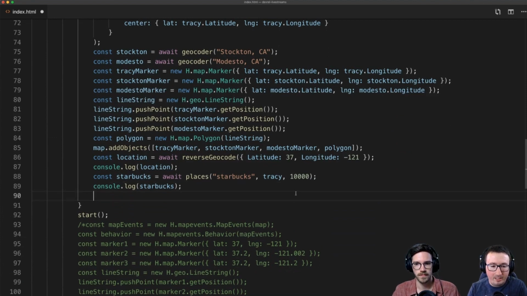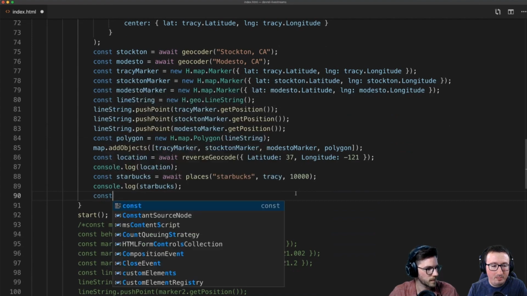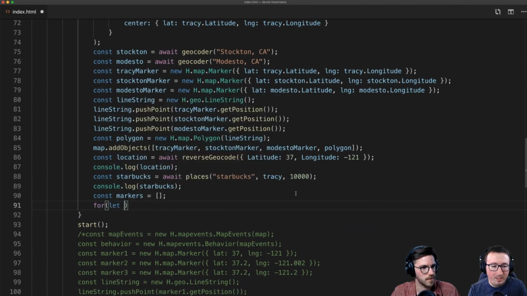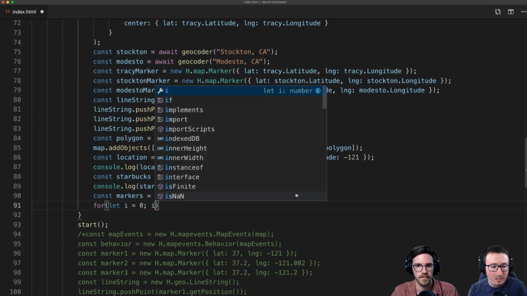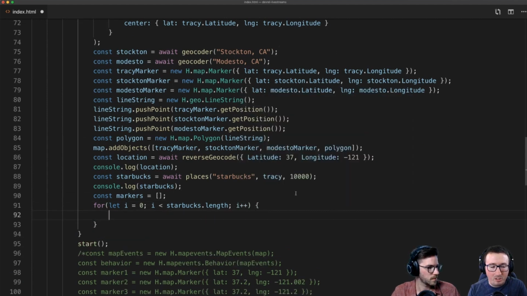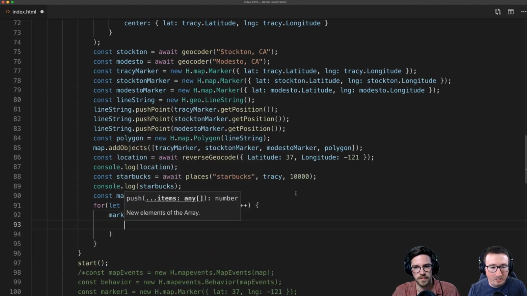So first we can define our markers. Constant markers equals an array. We're just going to create markers for each one of those Starbuckses. I'm just going to loop through them. I'm going to say i equals 0, i less than Starbucks length, so the items in that array, i plus plus. And then we're going to add these items to the marker. So I'm going to say markers.push, and we're going to say